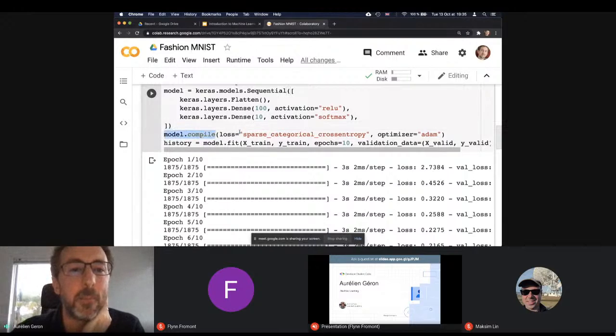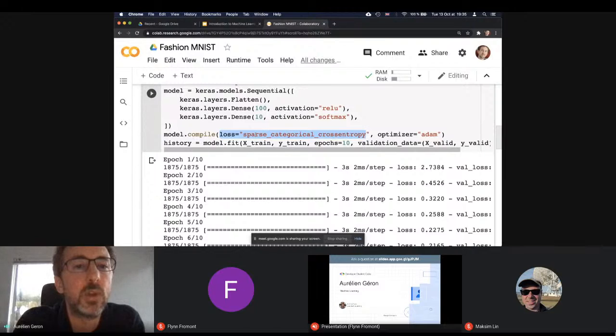All right, and next I compile my model, meaning I have to give it a loss function. The loss function is basically what will allow the algorithm to know when the model made a good prediction or a bad prediction. And this loss function needs to be differentiable, and you need to be able to compute the gradients of the loss, because that's how the optimizer algorithm works. It will look at the derivative basically and say, oh, okay, if I tweak the parameters slightly in this direction, this should reduce the loss.